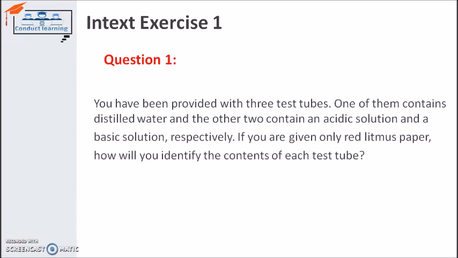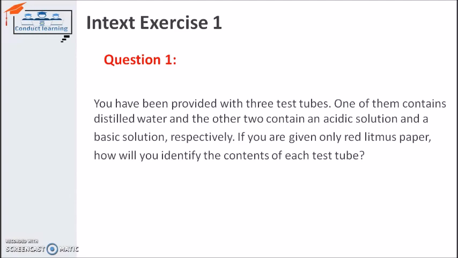So if you want to check the acidic solution, you can simply put that red litmus paper into the solution, and you will observe that the color of the red litmus paper will not change. That means the solution is acidic. But the same will happen with water, the neutral solution. When you put red litmus paper in a neutral solution or distilled water, the color will also not change. So if the solution is a base, you can easily identify it. But when the solution is water or acidic, you will not be able to identify which solution is acidic and which is a base. Then how do we tackle this kind of problem?